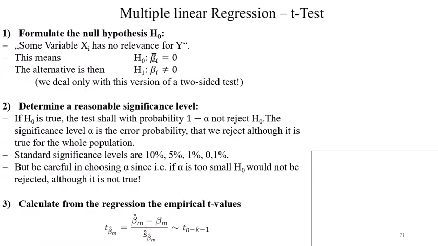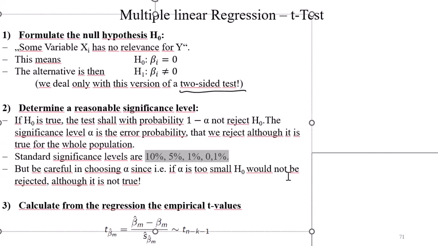So here the null hypothesis would be just that there is no dependence, but now with the focus on every single parameter, so that beta is 0, and the alternative hypothesis is just that beta is not 0. So this would be then just the two-sided test. Again, we have to choose an alpha, and